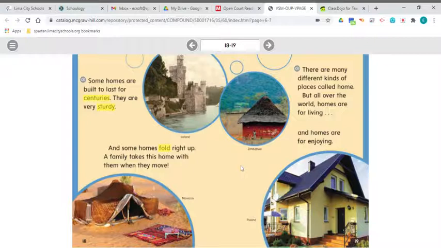Some homes are built to last for centuries. They are very sturdy. And some homes fold right up. A family takes this home with them when they move. There are many different kinds of places called home, but all over the world, homes are for living and homes